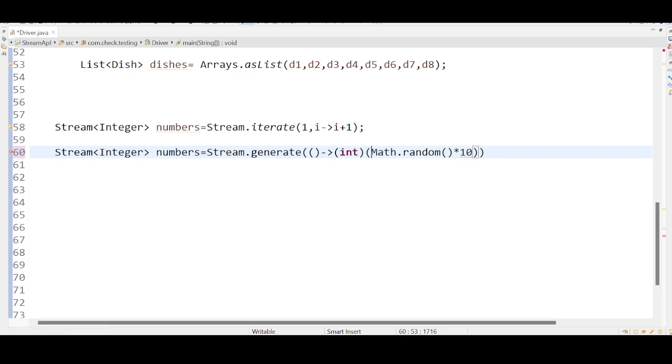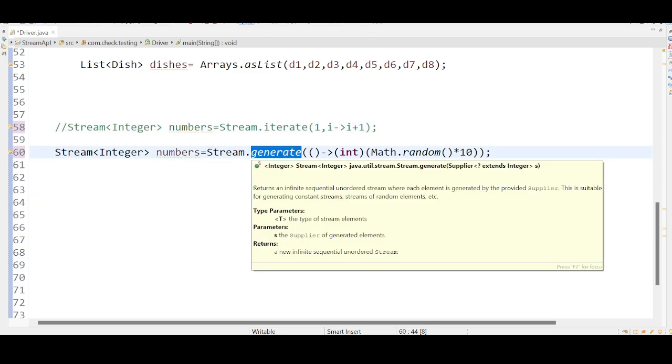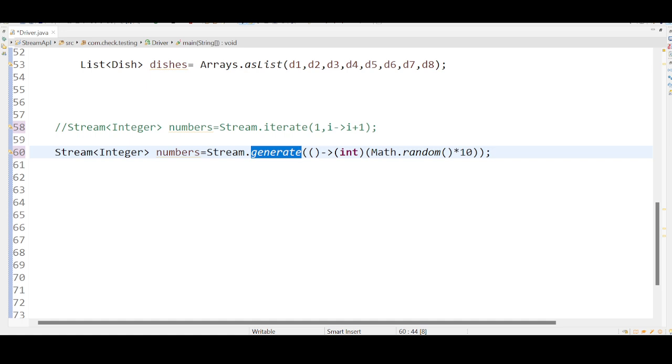Okay, this is a floating point. It is going to return me the floating point value. I want to typecast it to integer. So let me remove this. Okay, so this is going to generate some random numbers. Again, this is going to generate infinite random numbers. For example, if I just utilize this numbers variable